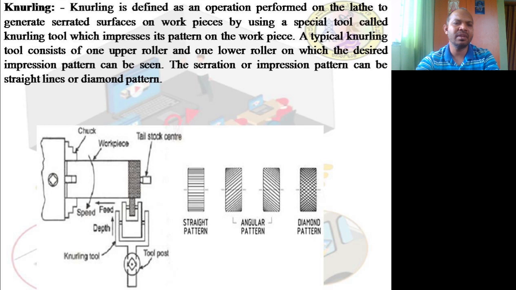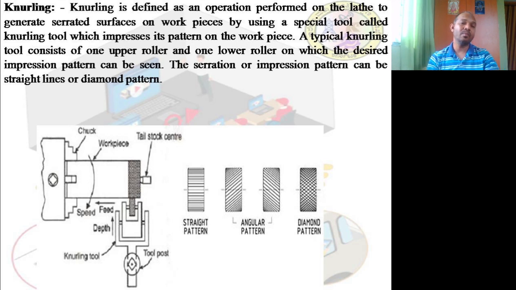Basically, a knurl means a small protuberance, or it can also be called a knob or a series of small ridges and beads that can be provided over here. Now, as the figure indicates, this is a spindle, and then there will be a chuck. Now, if you can see this, this is a four-jaw chuck. One, two, three, and the other jaw will be on the other side, which we cannot see. We are going to make an indentation over here, and we will rotate this